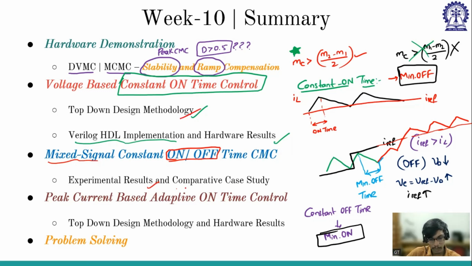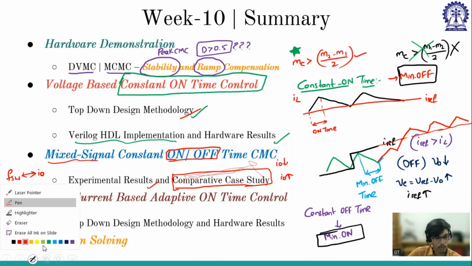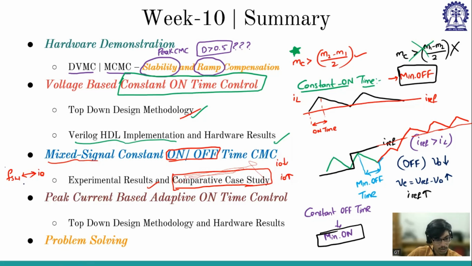And we have considered a comparative case study with a few cases, like what happens if I naught decreases for a constant I reference. What happens if I naught increases? We have seen that switching frequency is dependent on I naught, either directly or inversely. So we had seen that I naught has a severe effect on switching frequency. And if we don't want that to happen, then we have proposed some